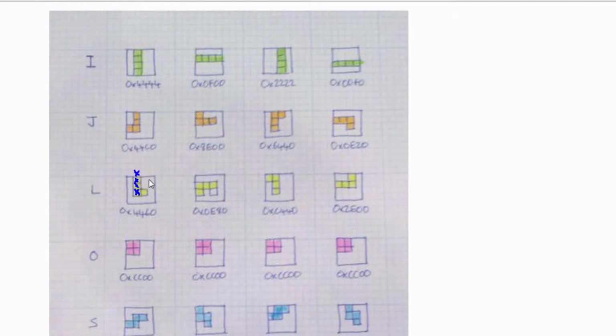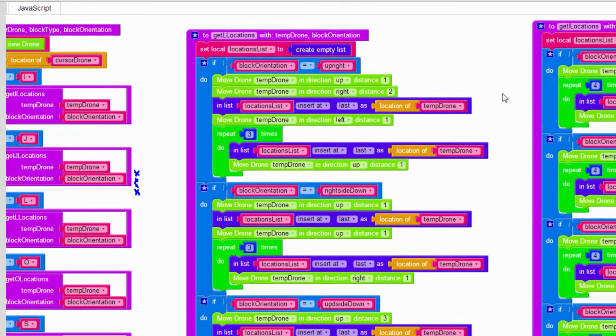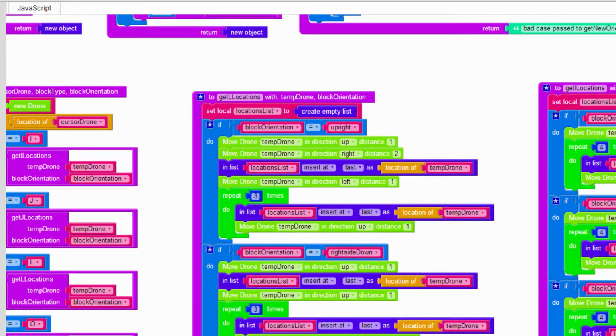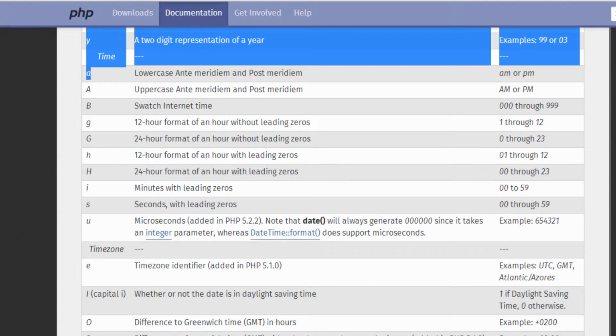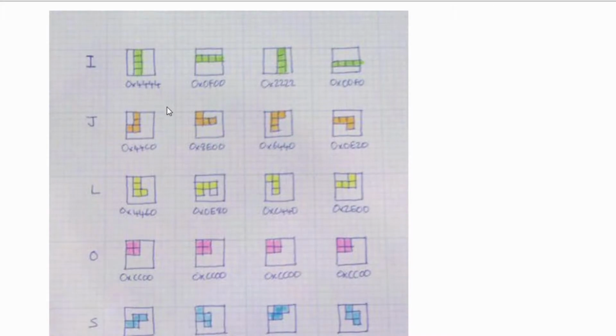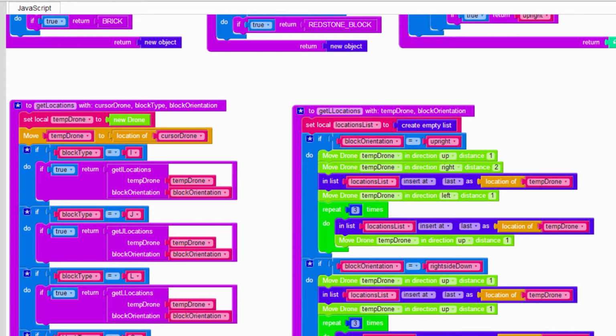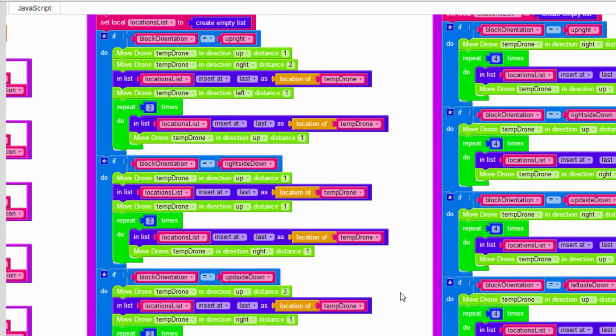And so you can see if we didn't set that temp drone that we have here, then our cursor drone would essentially end up right here in that case, which we don't want. So we want our cursor drone to stay in that bottom left-hand corner of that reference box. Okay, so that should give you enough understanding to duplicate for all the different kinds of blocks and all the different